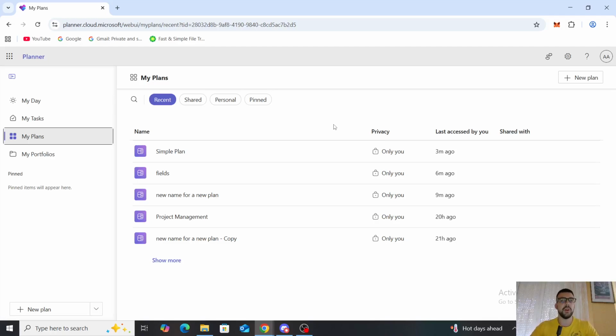Today I'm going to show you how to add a column in MS Planner. So the first thing you want to do once you're logged into your Microsoft Planner account is to go on the left side of the screen. You will see My Day, My Tasks, My Plans, My Portfolios, and the tab you want to click on is My Plans. Afterwards, you'll see a couple of plans added on here, or you can just click on